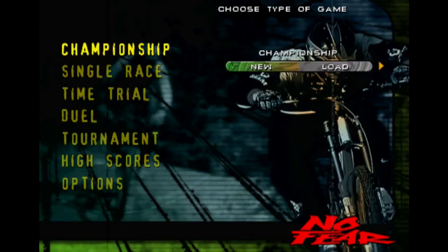Actually, I realised I bought this a few years ago and I only just opened it and found that the manual for this game had a sheet. I'm going to have to grab it because I can't even remember what the name of the game was. A sheet from the instructions for Snow Racer 98. So whoever owned this previously to me was a big fan of extreme sports, it would seem. Anyway,